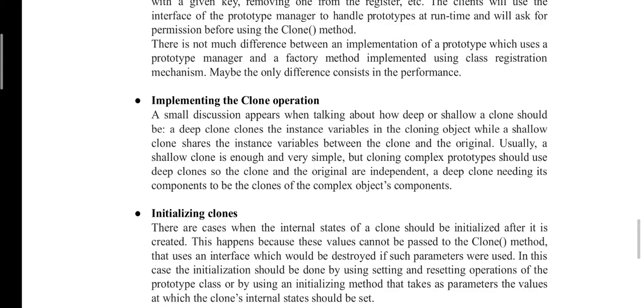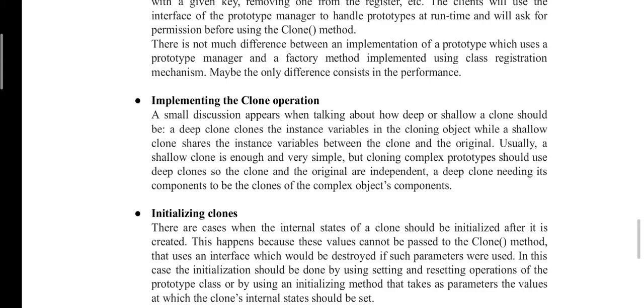In this case, the initialization should be done by using an initializing method that sets the values to which the clone's internal state should be set. In this way we can initialize the clones.